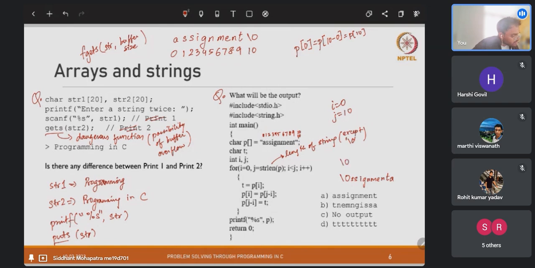So you will have \0 TSIGNMENSA, right? Then in the next iteration, what will happen is \0 T, then you have n stored here, the rest are the same, and instead of n you have s here, so SSA. Now in the next iteration what happens is